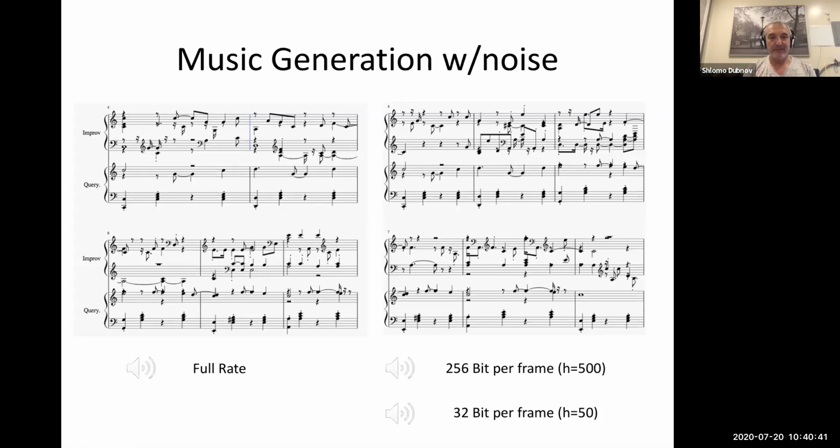The vibraphone is giving the lower notes, and the piano is improvising on top of this. To my musical evaluation, they seem to be playing together relatively in sync, playing the same chords and following the same musical logic. Once you start reducing the bit rate, you start having just separate lines.